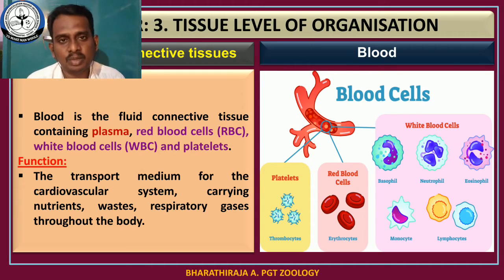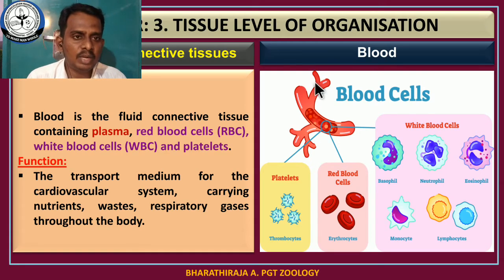It may be a 2-mark question: blood is also considered a connective tissue, justify your statement. This is an expected book-back question. For that question you have to write: blood is a fluid connective tissue because it contains plasma and cells like RBC, WBC and platelets, and it also acts as a transport medium for gases, nutrients and other waste products. That is the reason blood is considered a connective tissue. This is the exact answer for that particular question.